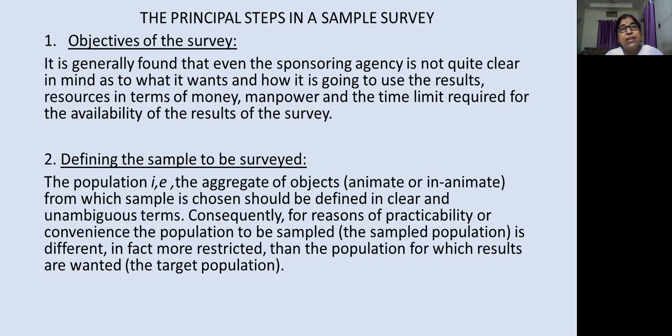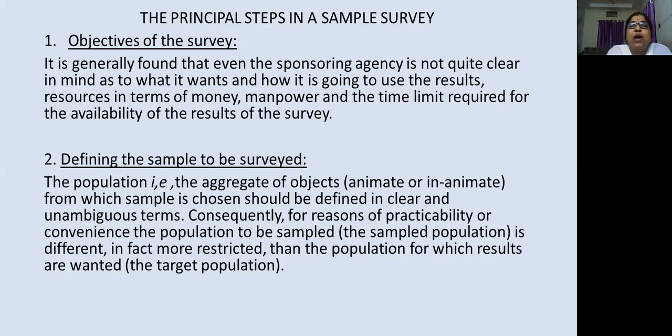That expectation of a statistic is equal to the parameter. That means if you study the population sample correctly and analyze the sample, we can interpret the same results for the population. With a sample we can save money, time, and energy, and the answers would be reliable since the sample is a finite number of observations. So for that we have to follow certain steps. Those steps are the principal steps in a sample survey.